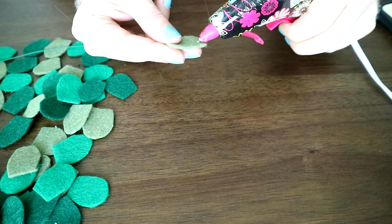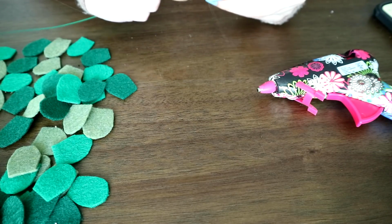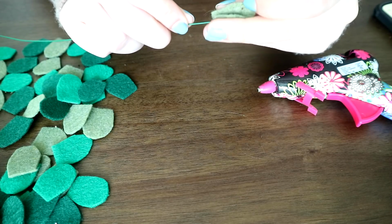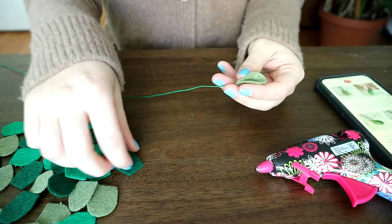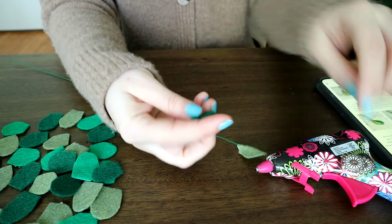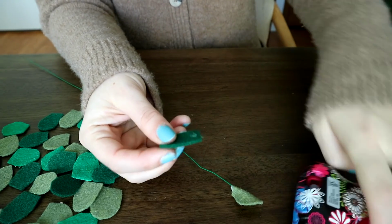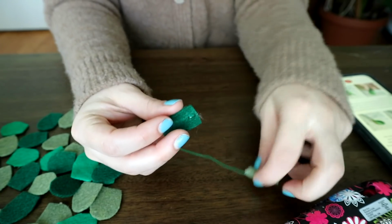We're going to take our piece right here and, let me look at the instructions. Yeah, we're going to put a dot of glue here. And then just pinch it over the wire, just like that. And then all we have to do is just alternate. So now I have the second color, so I'm going to take this one, put a dot of glue, and then squeeze that between, kind of like